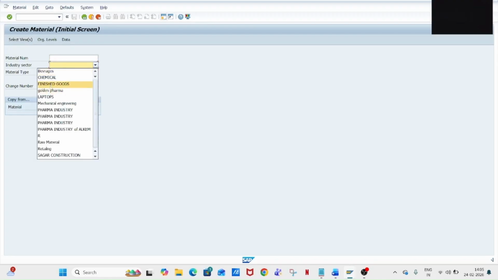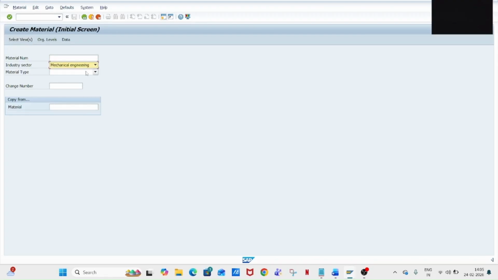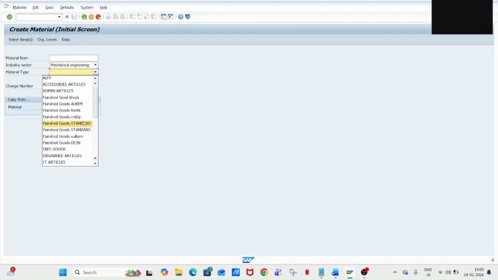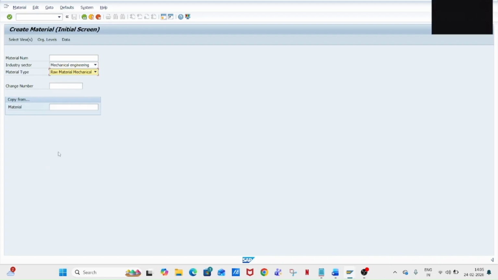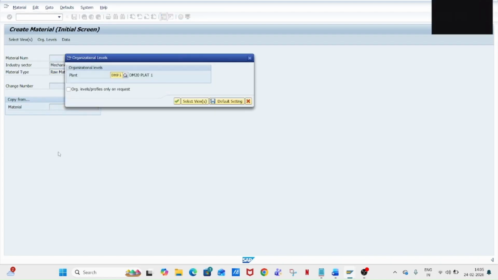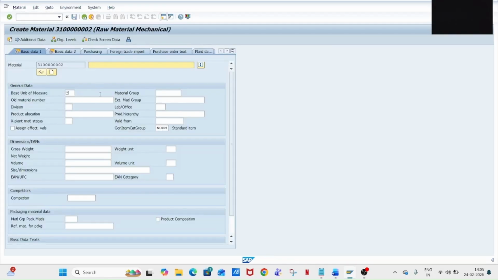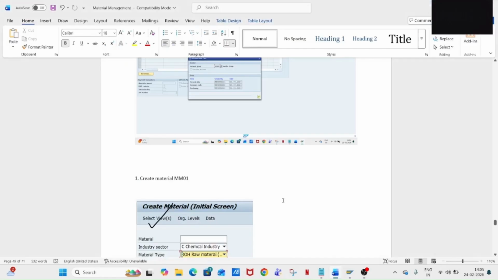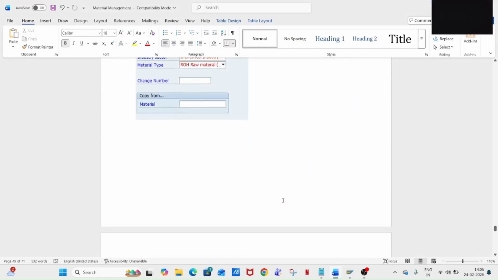Here we'll take mechanical, anything you can take, and I'm sorry, we'll create the raw material, mechanical, anything. Now, what is our plant? Our plant is 11 pt, and now test. This is what we can do because I have already created test 1 base unit. Let me check one by one. Otherwise, if any mistake, then